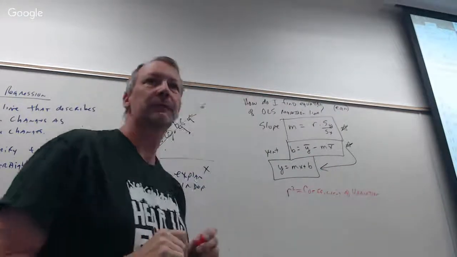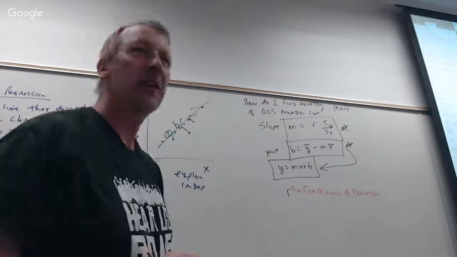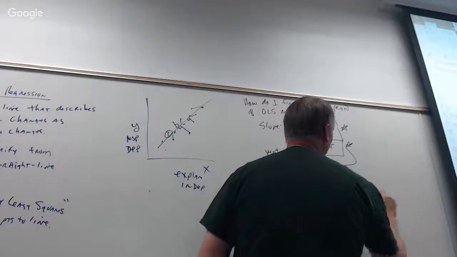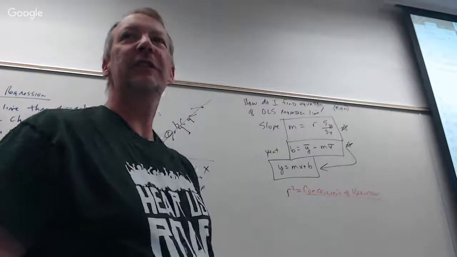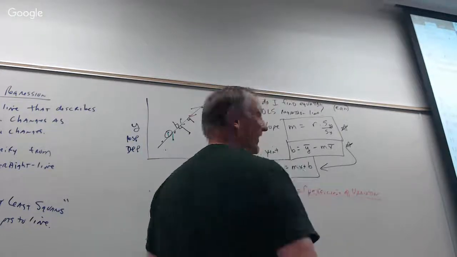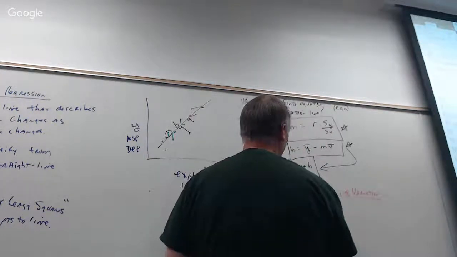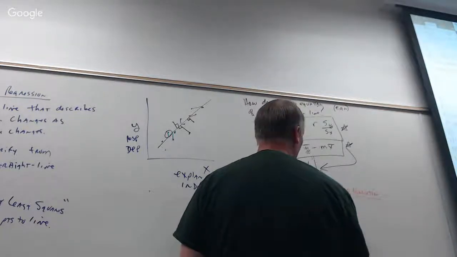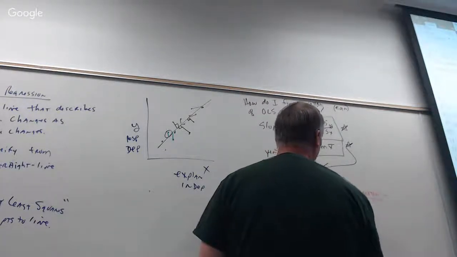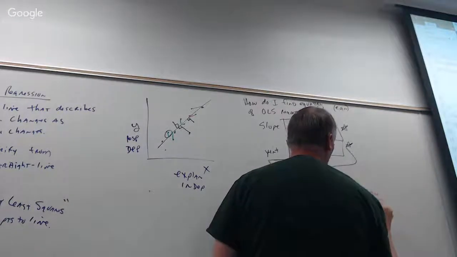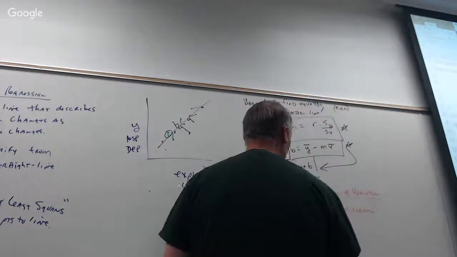Okay? I can't remember if this book calls it that, but that's what it's called. Nobody that I know of calls it the coefficient of variation. They call it the R squared. But here's why it's a cool number. It tells you the percent of variation explained